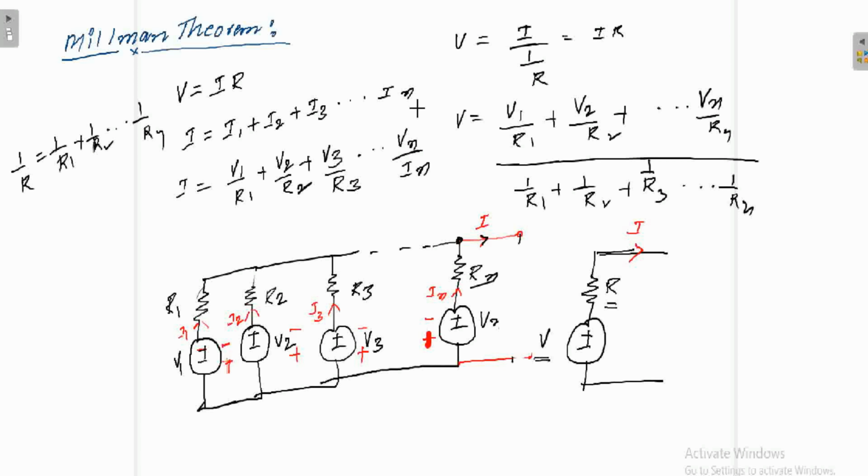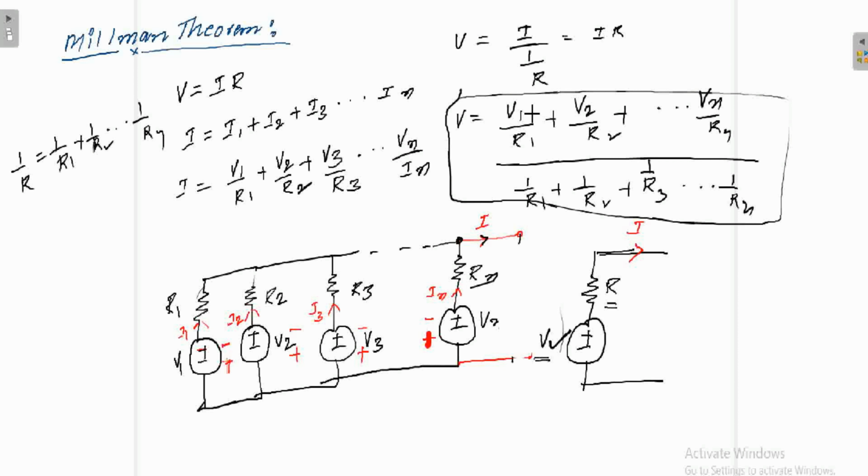So how to find this V value? Just simply substitute. You are given the V1 value with respect to the R1 value, the V2 value, R2 value, up to the Vn value, Rn value, and they may give negative and positive also. So you can consider positive or negative. Only the positive or negative polarity is applied to the voltage, not to the resistance. You will get the change only in the numerator, not in the denominator, because the denominator is a resistance value. So according to the polarity, you have to consider a positive or negative value for your voltage.